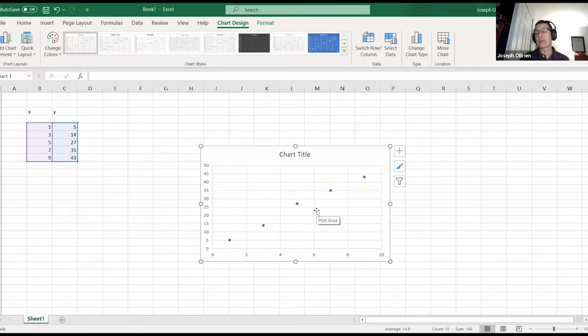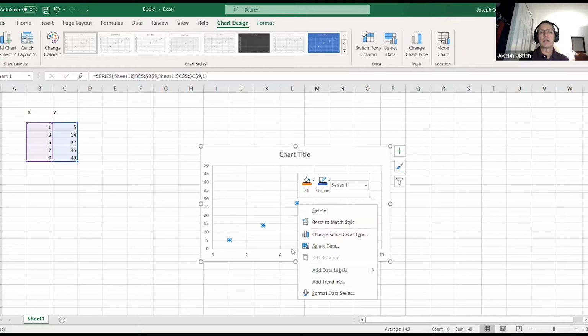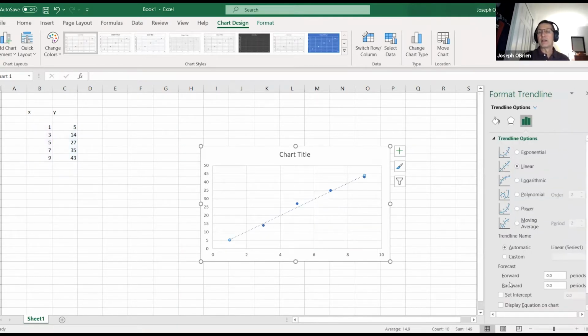So I like to add the trend line, right? At least in Excel, if you highlight one of those data points, they all light up. And then when you right click, you can go down to your trend line, and so it adds the trend line. At this point, the data points aren't useful to you, right? It's the line that becomes what you're looking at.